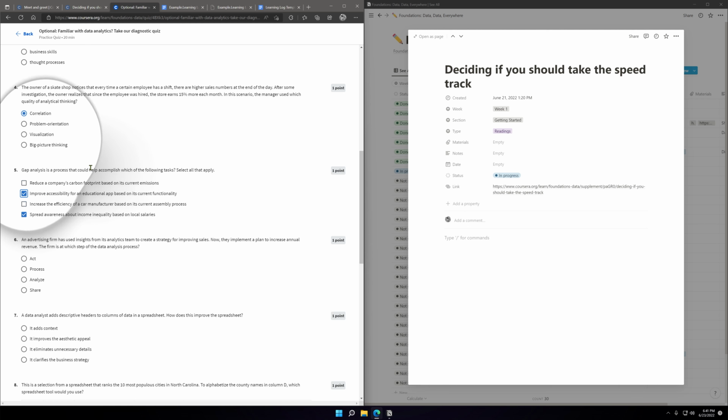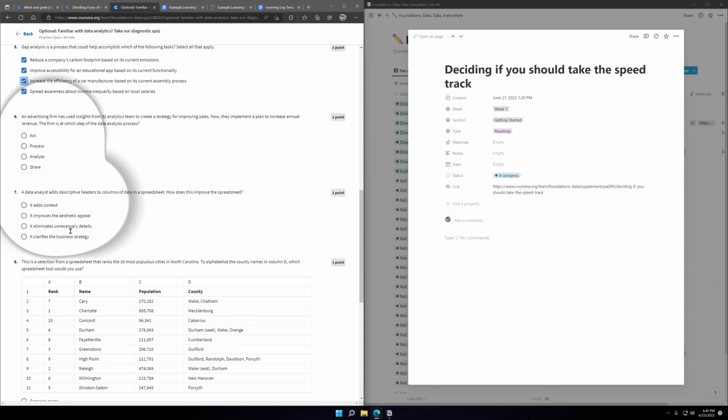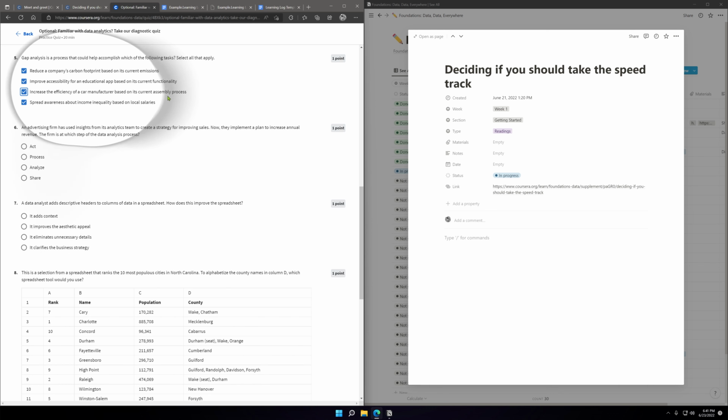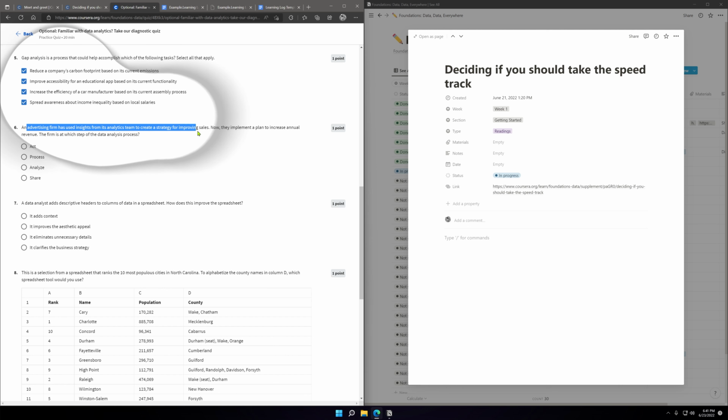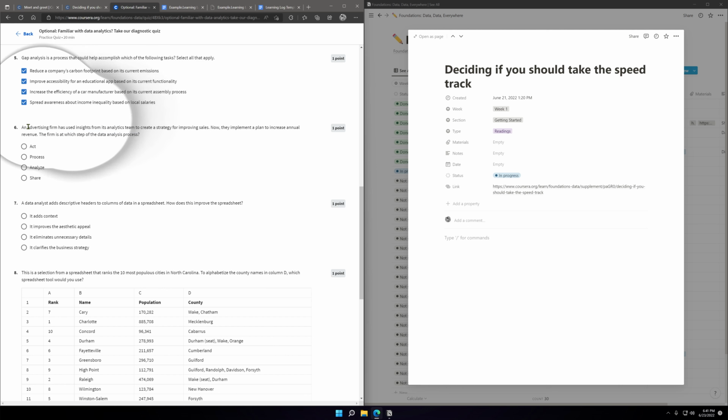This one's actually the first one where I'm not sure. They all sound like they could be the right answer, so I'm gonna check them all. I have no idea what gap analysis is, so I'll take the L on that if it's an L.